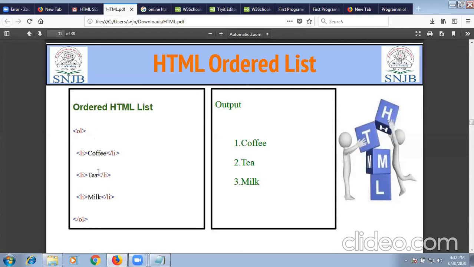The LI sub tag stays the same, just the main tag changes to OL. So the output will be in the form of a numeric list. Instead of bullets you will find the numbers 1, 2 and 3.